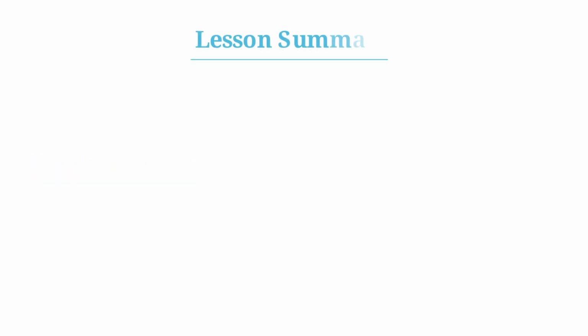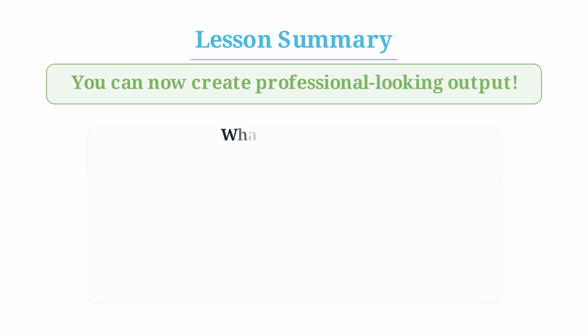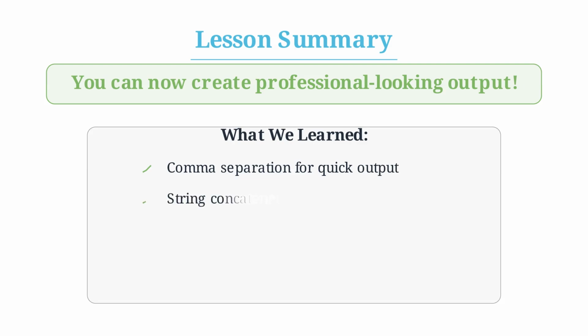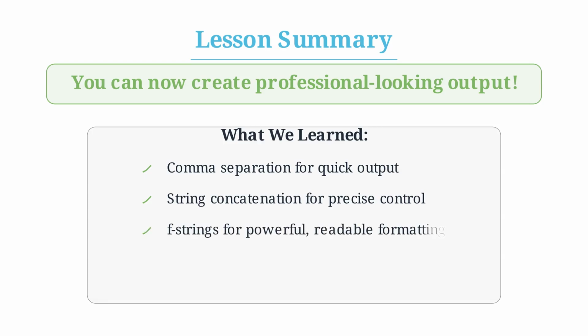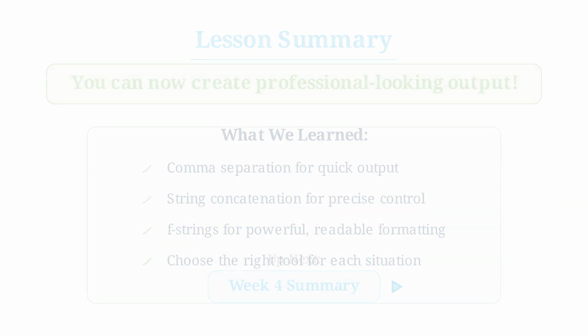What an incredible journey through string formatting. We mastered comma separation for quick displays, string concatenation for precise control, and F-strings for powerful, readable formatting. We discovered that F-strings can even do calculations inside their curly braces. Most importantly, we learned to choose the right tool for each situation. You can now create output that looks professional and polished. Next, we'll wrap up everything we've learned this week,